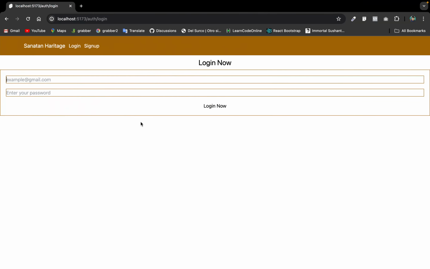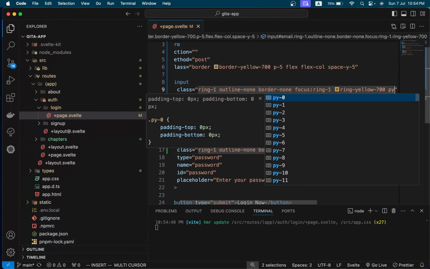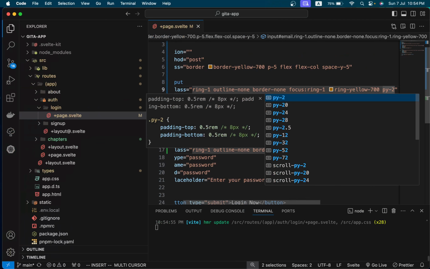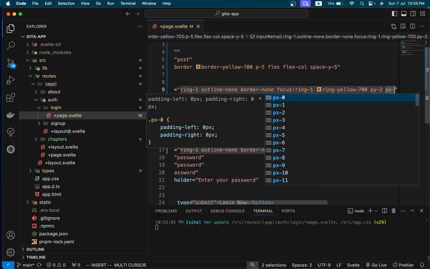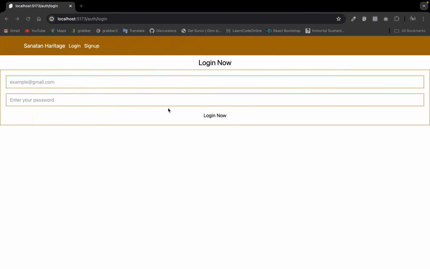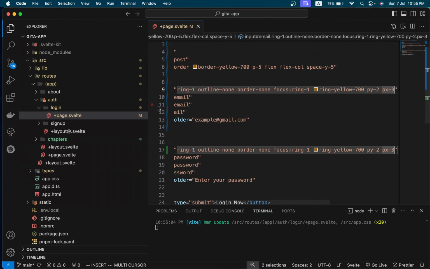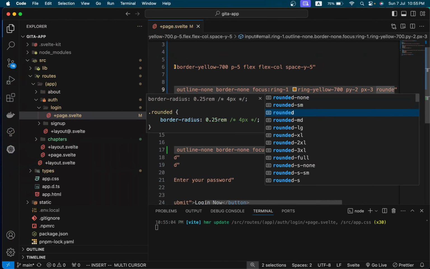Yes, and they also both need to use padding 2 of y-axis and padding x of 3 in x-axis. We can definitely use rounded corners for it,